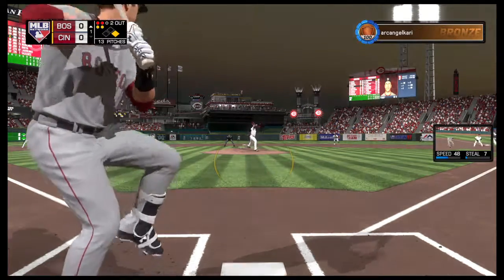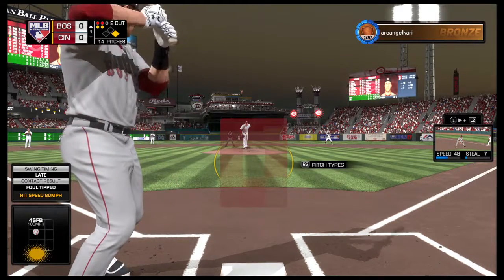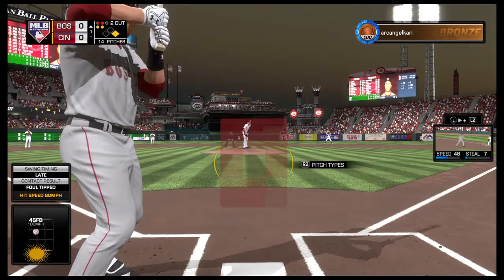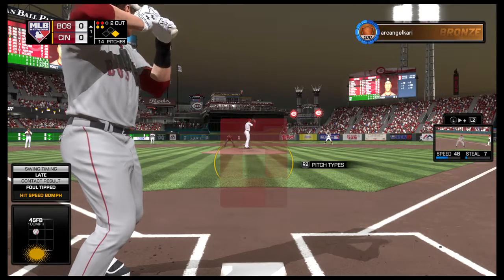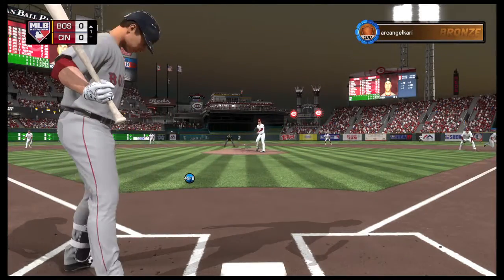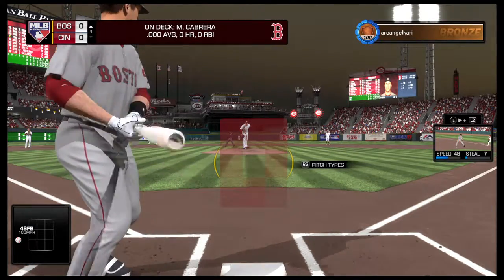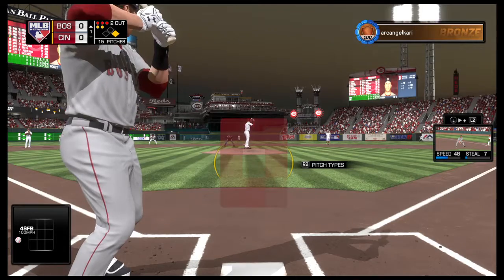All even at 2-2. Here it is. Fouled back. He's set. Here's the 2-2. This one misses, and that'll fill the count here. 3-2 with 2 away. Full count with 2 outs now, so if he could put the ball in the gap somewhere, he could have a good shot of driving in a run